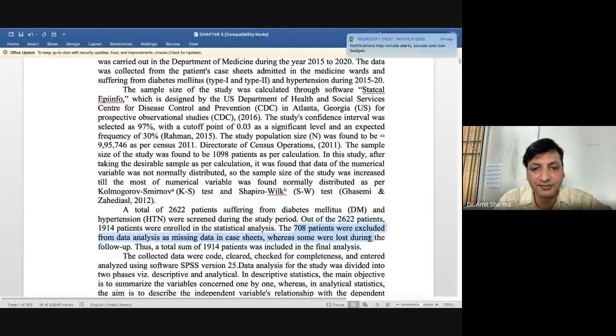In some variables a few values were missing, but what I needed was that only 1914 patients had all the 105 variables' data entered in the SPSS. The remaining were considered missing values.